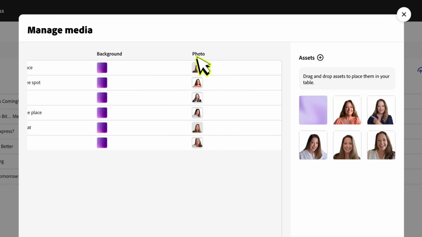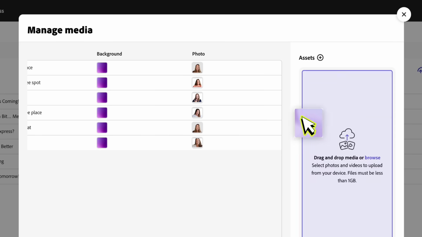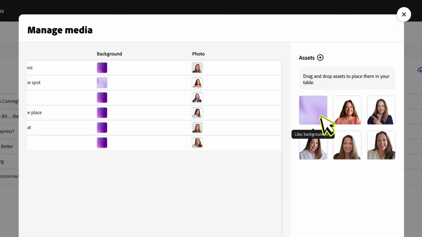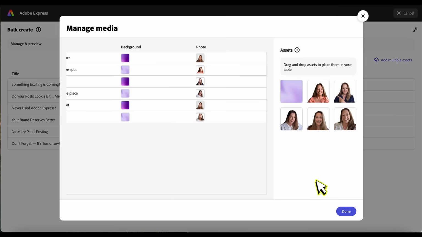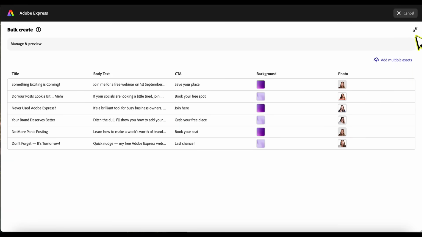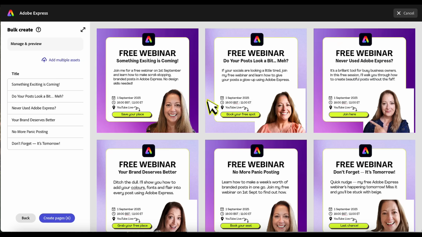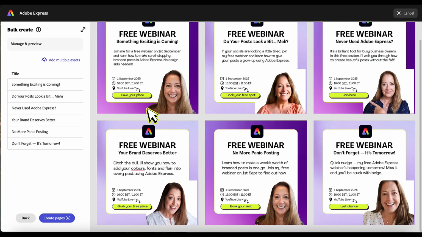Okay, so I have different photographs now in this column. And I'm going to do exactly the same with the lilac background. I'm just going to drag and drop it into alternate rows, just for a bit of variety, so people don't get fed up of seeing the same thing. Okay, so now I'm going to click Done, close the datasheet down, and here are my beautiful templates that are